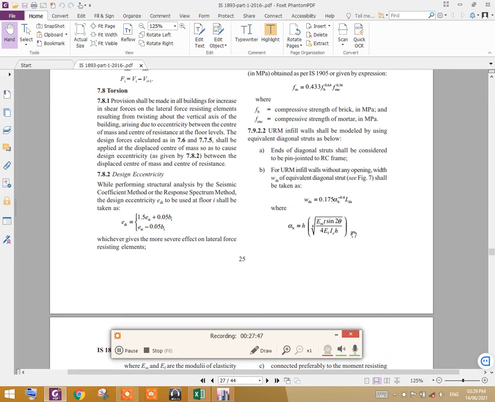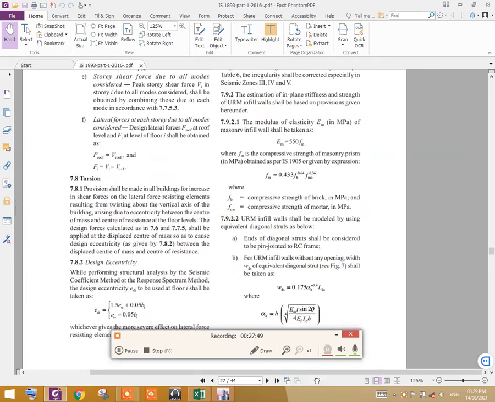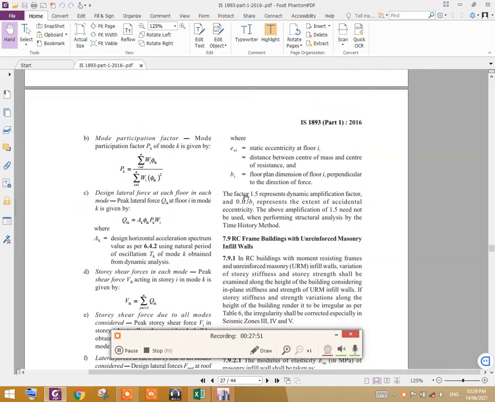You can see that the factor 1.5 represents dynamic amplification factor, and 0.05 bi represents the extent of accidental eccentricity.